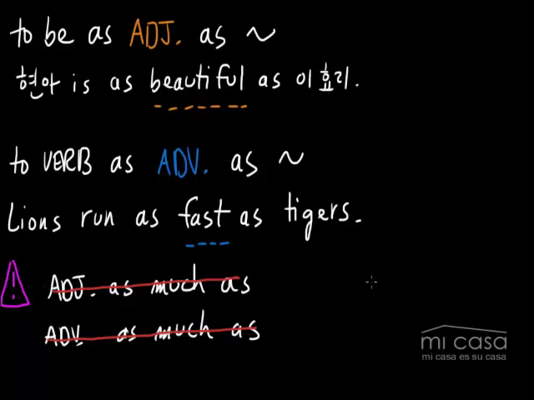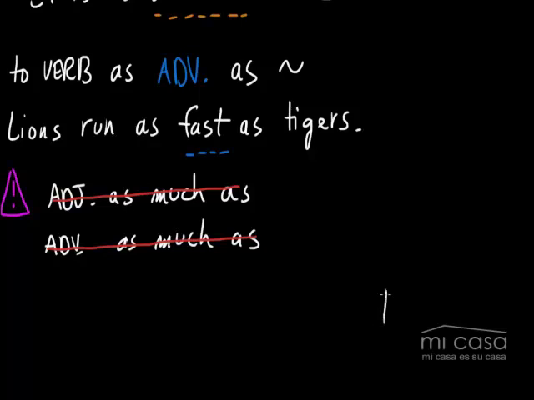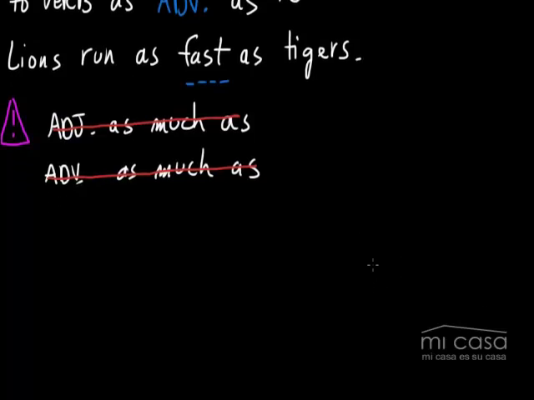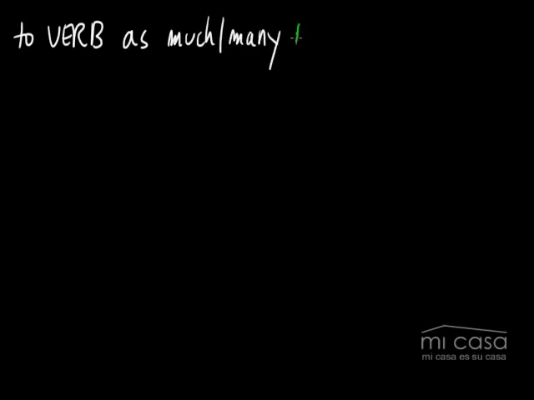Now let's move on and look at another way to use this structure. You can say to verb as much or many noun as mama. This looks kind of complicated, so I'm going to give you an example right now. In fact, I'm going to use the same example as before, only used a little bit differently. Americans